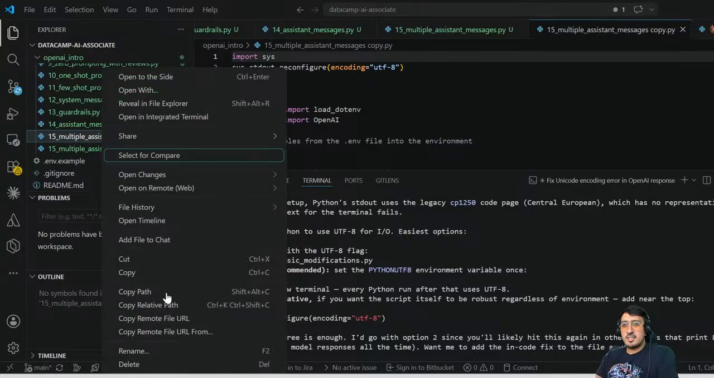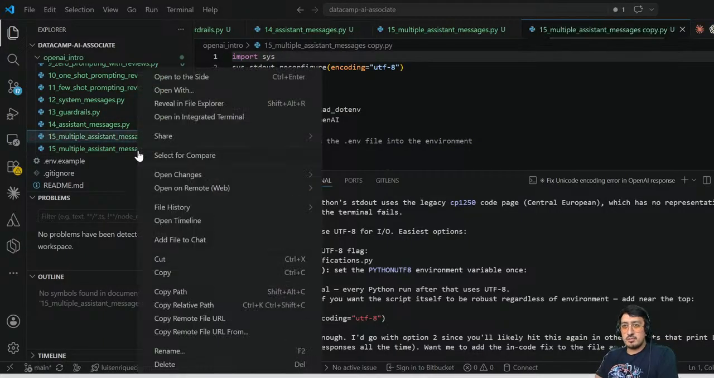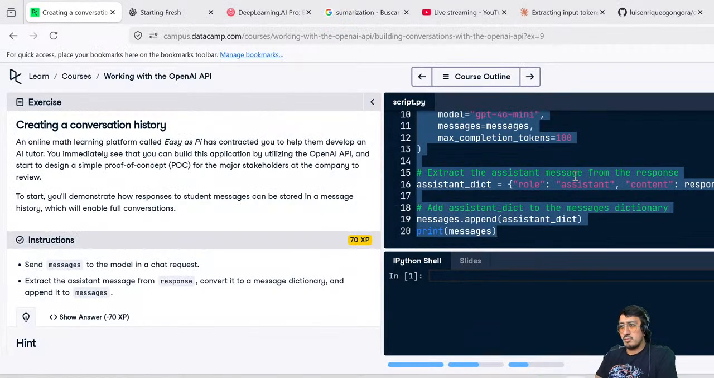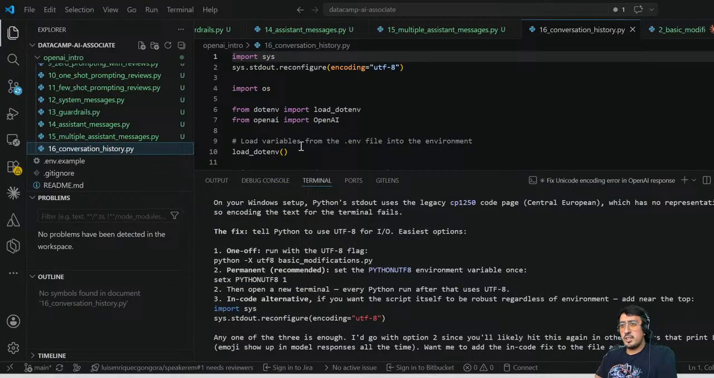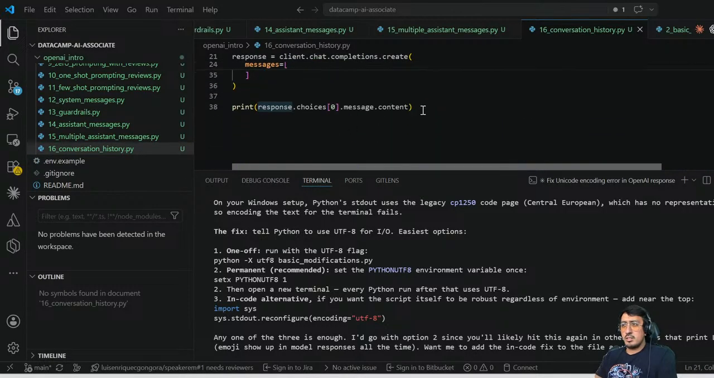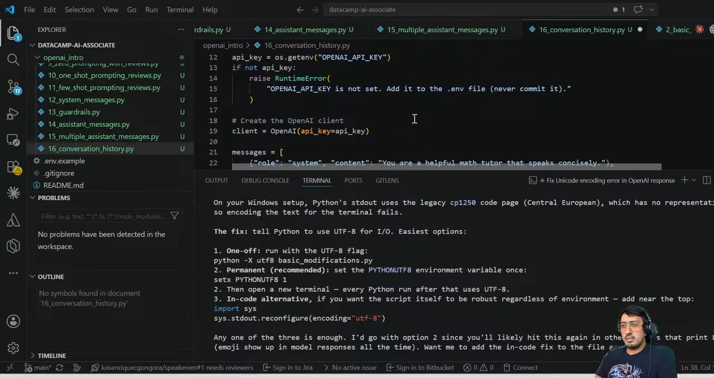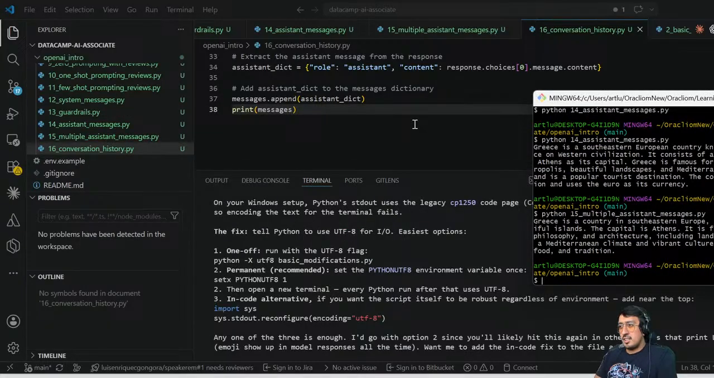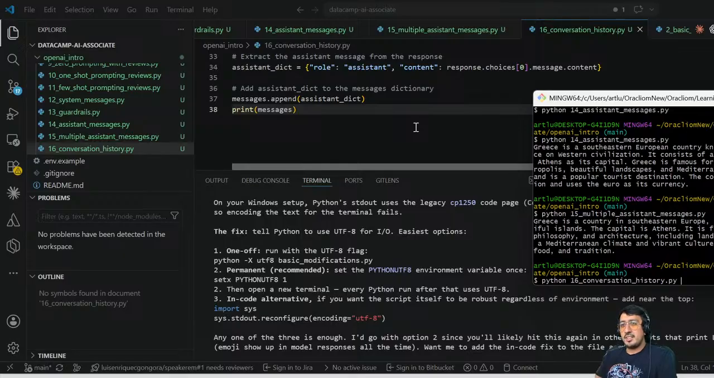And this is called 16 conversation history. And let's copy this. Yeah, it's all copied. And now let's run the 16, and you will see that